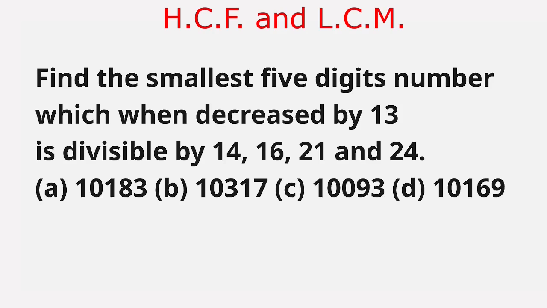Our question is, find the smallest 5-digit number which, when decreased by 13, is divisible by 14, 16, 21 and 24. The given options are option A, 10,183, option B, 10,317, option C, 10,093,